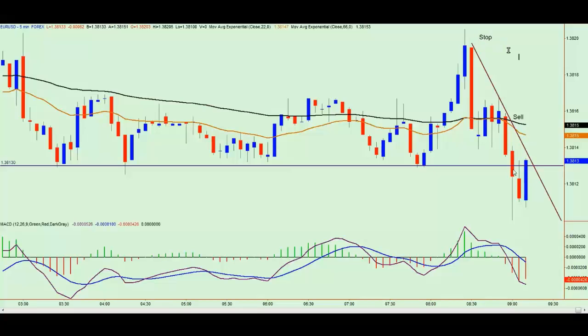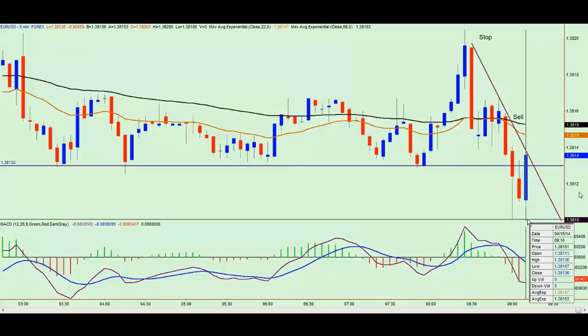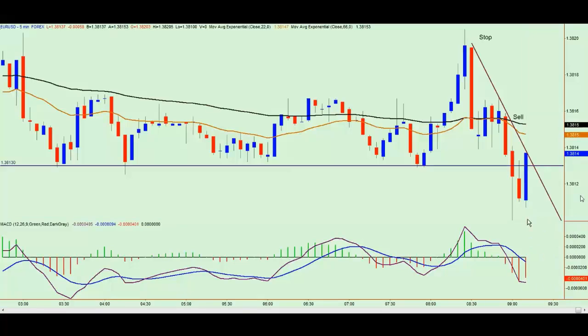The challenge here was that at the bottom, price pushed down below the 138.13, pulled back up, and now we're actually seeing this strong bullish candlestick, which can be quite alarming when you've sold not far away from where price is and you would like to see it just fall off a cliff. So let's just see what happens from here. My cursor's running all over the place as I tried to type in and share with you some data. If we look there, we've got a low of the 138.10, and that's how much price pushed down,